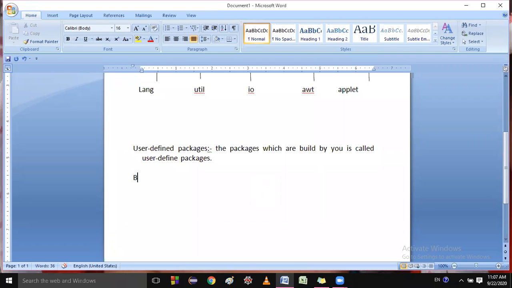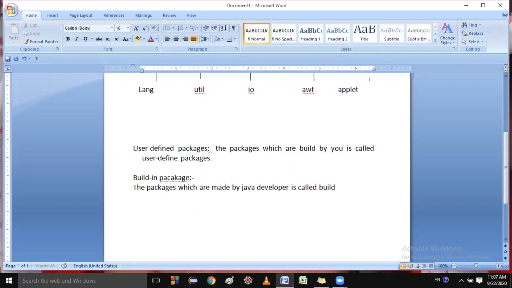Built-in, B-U-I-L-T, built-in package. The packages which are made by the Java developers are called built-in packages.